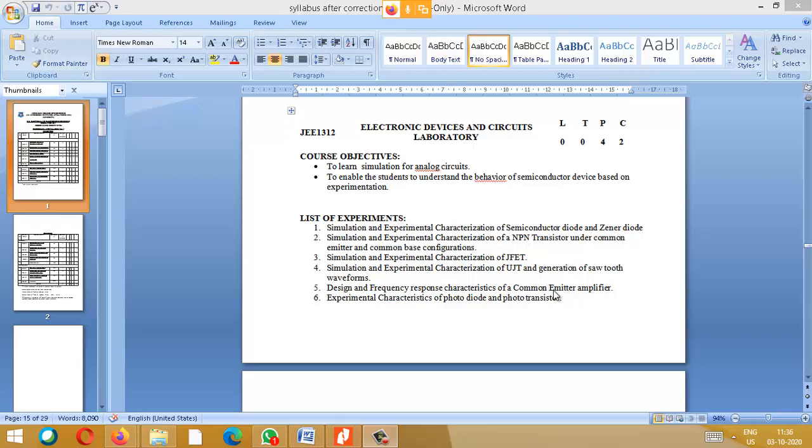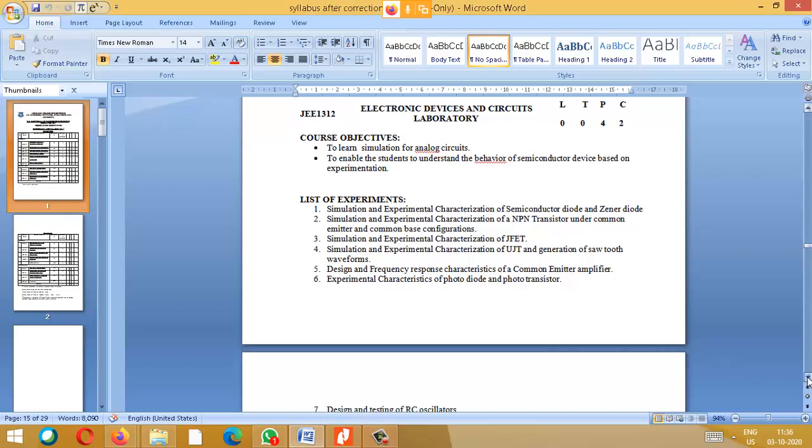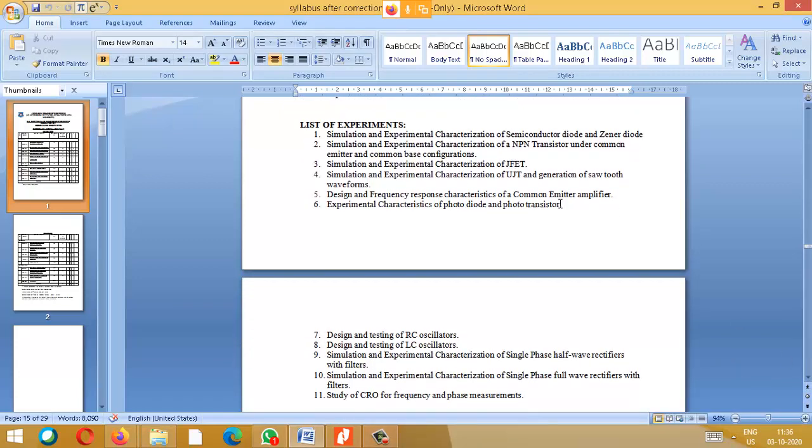When we say it is used for switching, the time interval at which you turn it on and the time interval in which the device gets turned on is called the frequency response. We will see how fast it is able to switch on and off. Then there are special types of semiconductors like the photodiode and phototransistor, which are turned on with the help of photons. Photo means light. So we will see how, with a light source, we turn them on and off, and their characteristics.